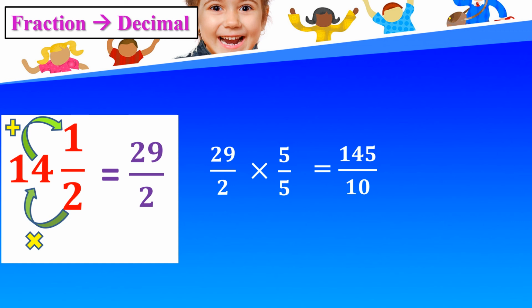While converting it to a decimal, it is very simple. For the number of zeros in the denominator, you need to place the decimal from the right corner, that is, between 4 and 5. You need to place the decimal, therefore, which is equal to 14.5. So, 14 1 by 2 is the fraction and the equivalent decimal is 14.5.